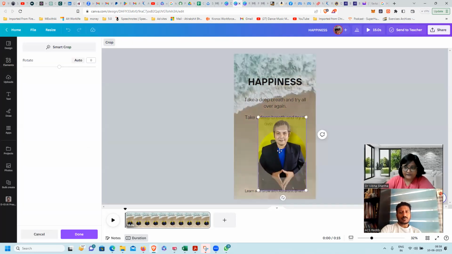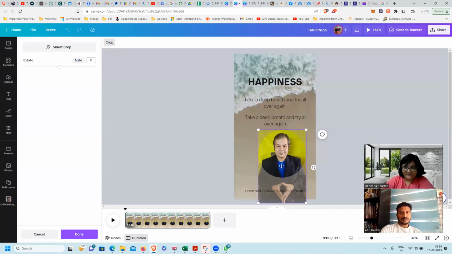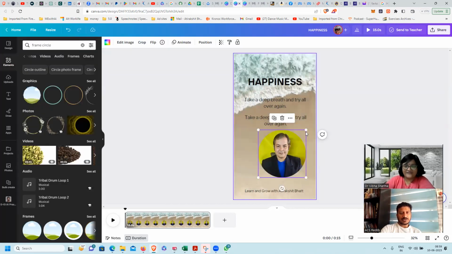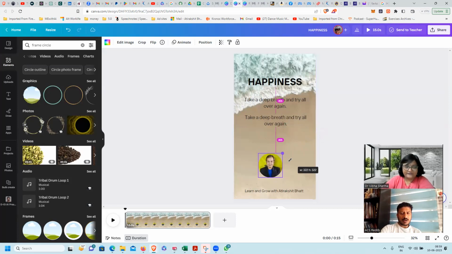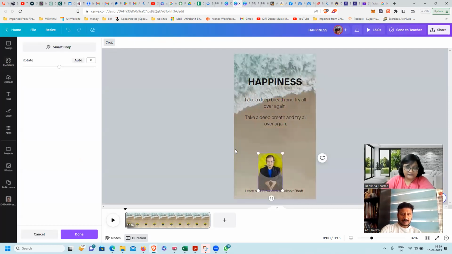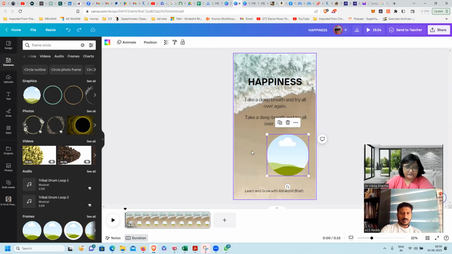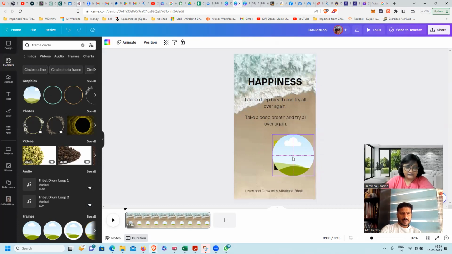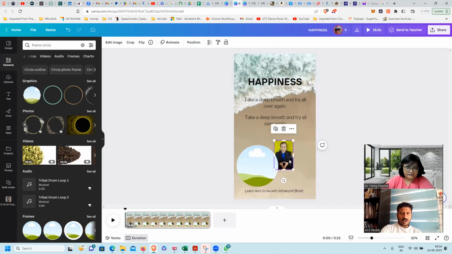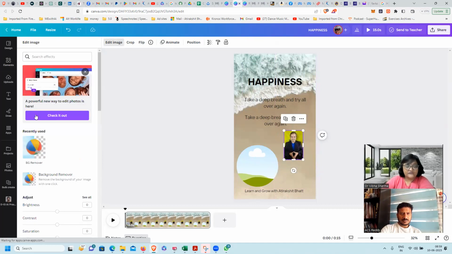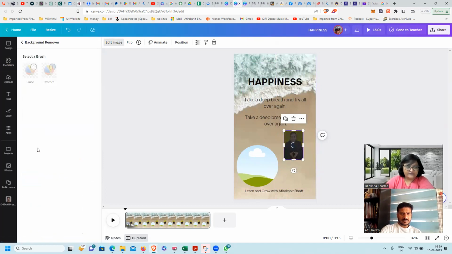Yeah, the only problem with this is you really cannot... Acha, you are able to adjust. Good. Now in this, what you can also do, right? I've selected the photo, so let me do it this way. Control Z. So I have this frame here and this photo here. I'll click on photo. I'll go to edit image and I'll say remove my background.